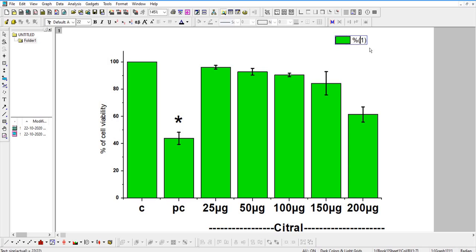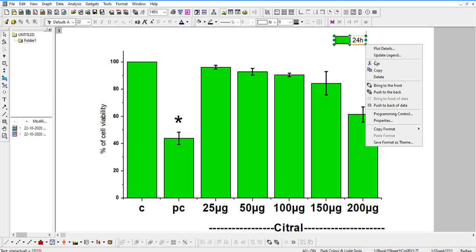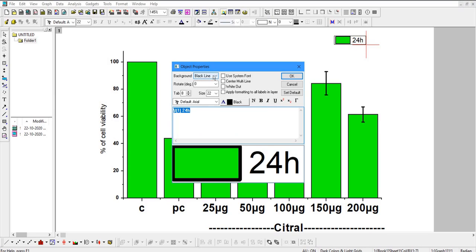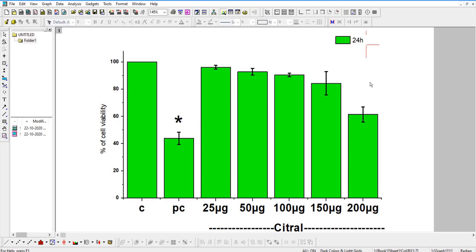If you need to change, for example, 24 hours, like this you can change this outline. If you don't want it, then right click, go to properties, background black line or none. If you give none, then no outline will come.